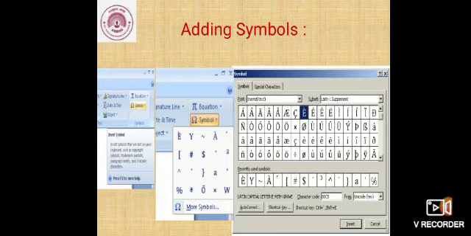Can you see there Equation, under that you have Symbol, so you will click on Symbol. So there you will get a few symbols. Okay, so when you click on More Symbols, can you see there down More Symbols? Yes, so when you click on More Symbols, you will get this. Can you see on the right hand side? Yes, you will get many symbols. So children, you have a list of many symbols.